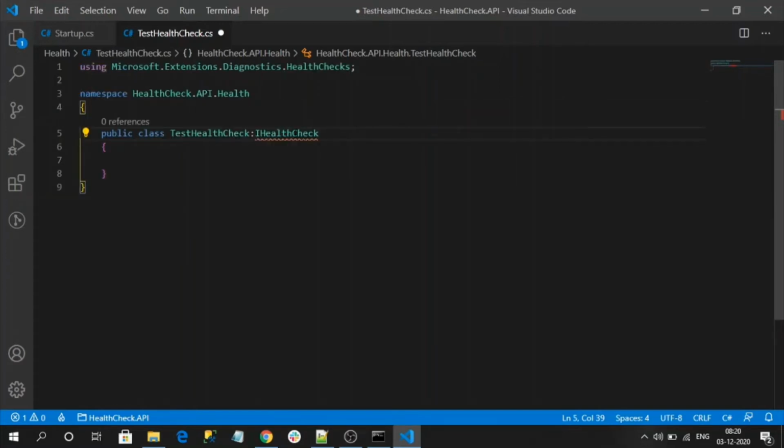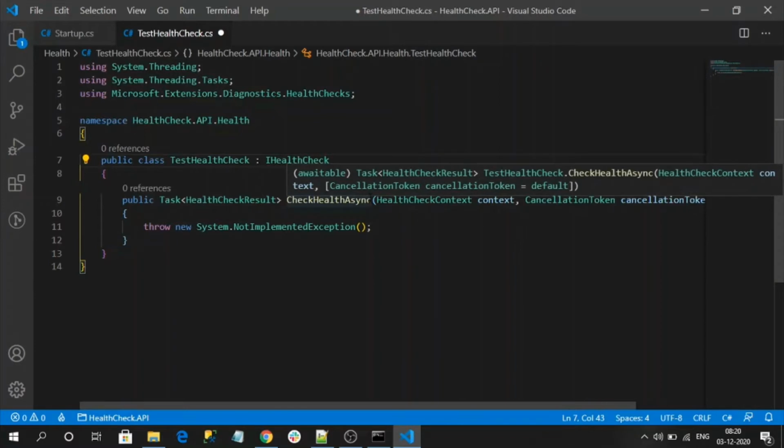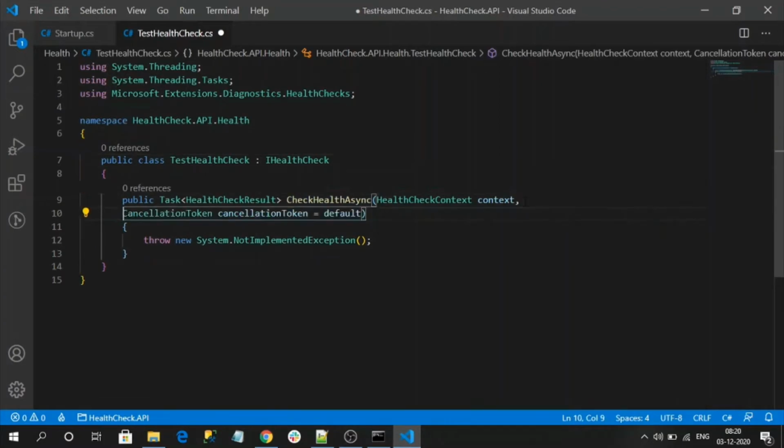Now we need to implement the interface method, that is CheckHealthAsync, which will get executed automatically by our application. So let me break this code, and for now here also I will return some fake status only.